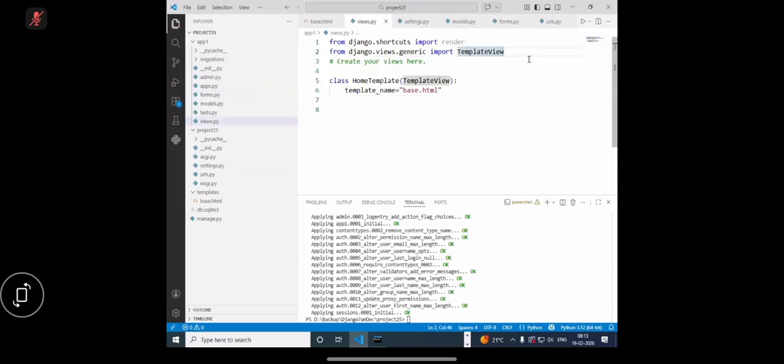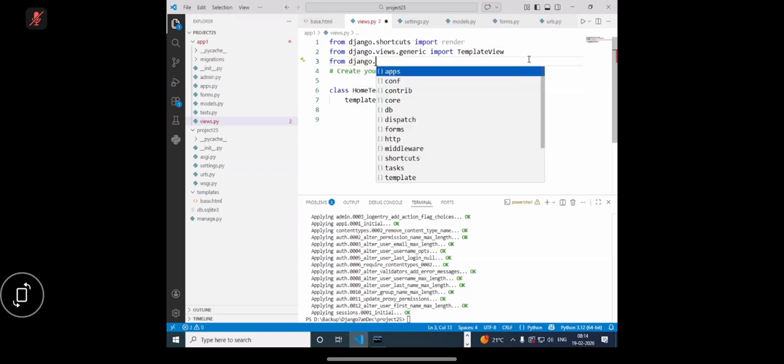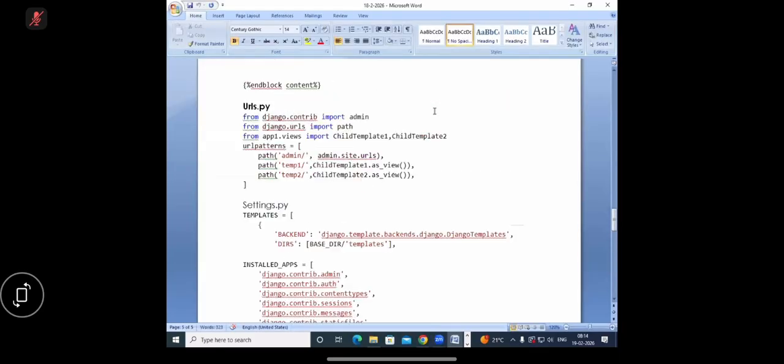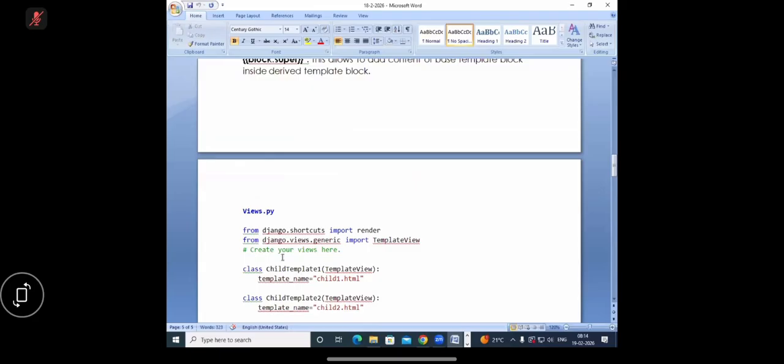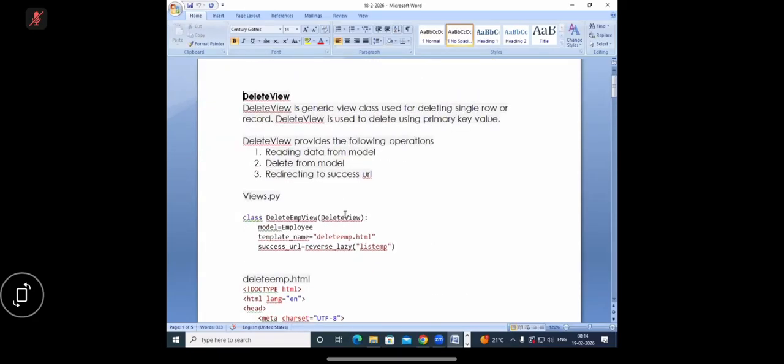Okay. Go to the views.py, and I'm saying from Django dot, okay, Django dot, what is that? Okay, views only, but we need to import which view? Create view. Where is this available here? So we need to import which view? Create view, edit view, update view, and these are available. So delete view,